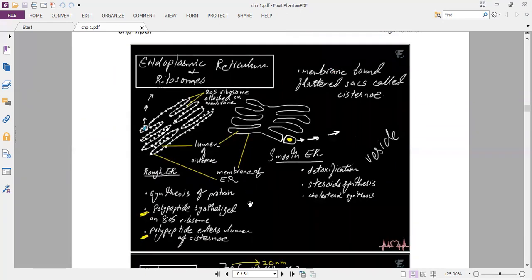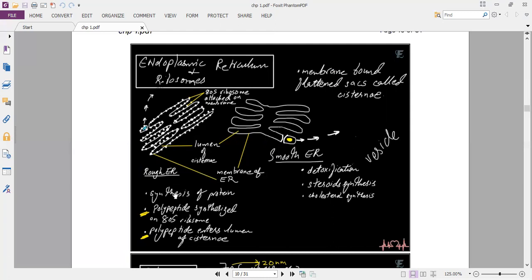So why do we see the transport of vesicles from rough and smooth ER? Because this rough ER and this smooth ER can transport its product to the Golgi ahead. So this you can see is the vesicle carrying the product of rough ER ahead, and this is the vesicle which has pinched off from the smooth ER. It will take its product to the Golgi.